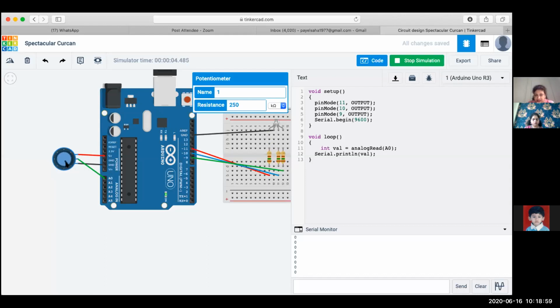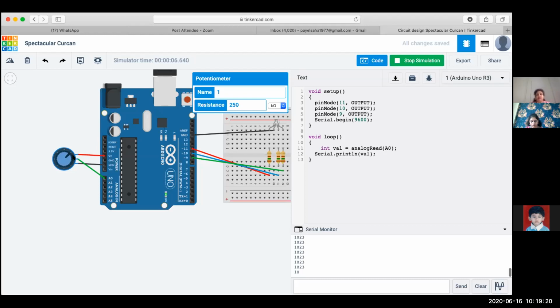Now I'm moving the slider. Can you see 20, 40, 60, 123, 200, 300s? As I change the slider and go to the other end, the full voltage position, my values are increasing and the maximum value I'm getting is 1023.